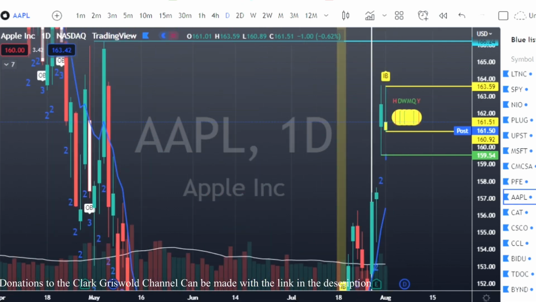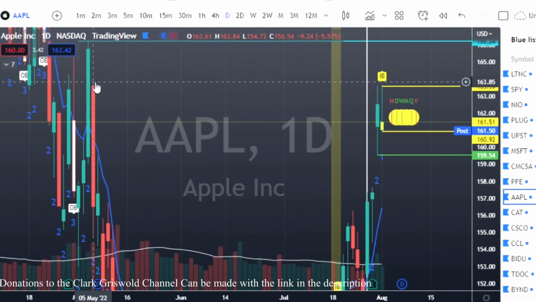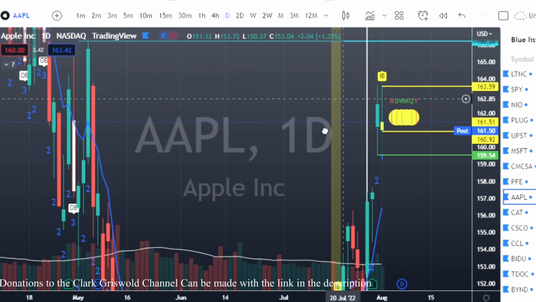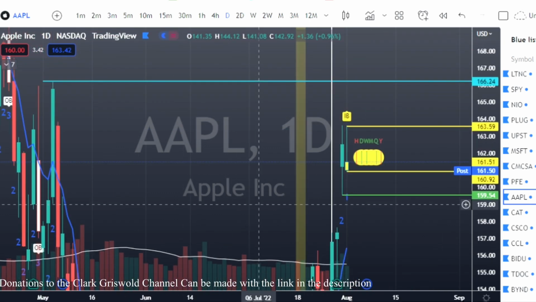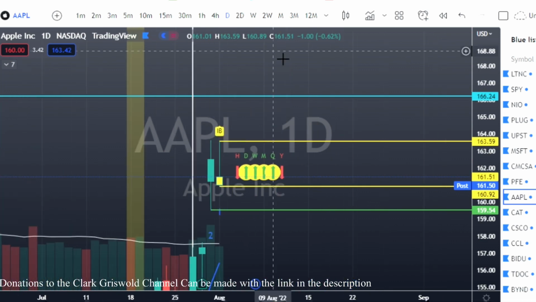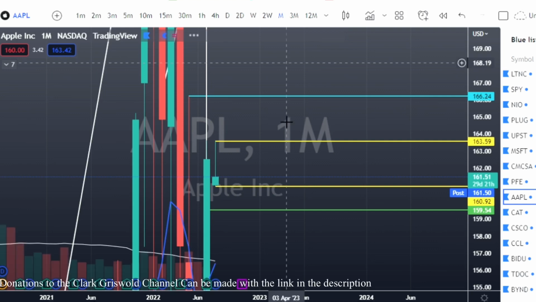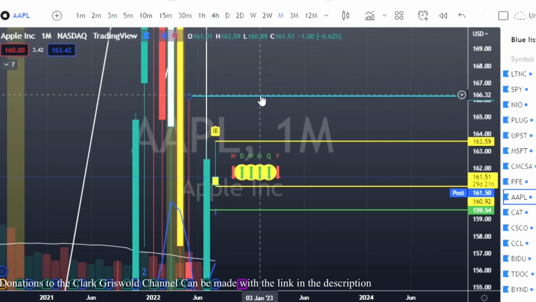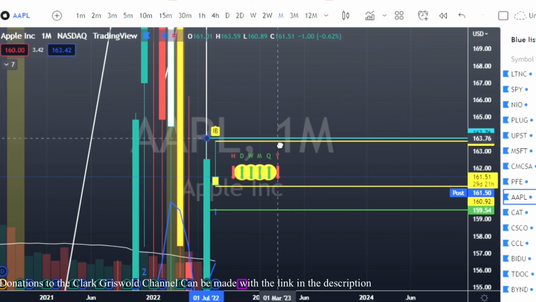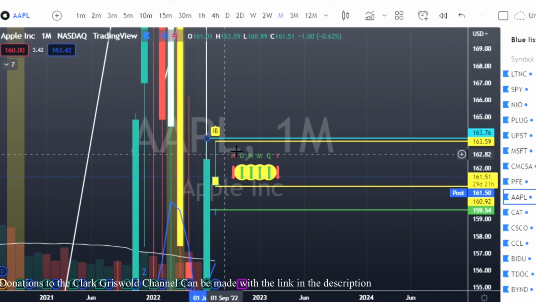And you can mark your targets out. You just have to go back a little bit. So target 1 and then target 2 is all the way up at that blue line. That's your monthly. So we go to the monthly. And that's actually outdated. So we can move that down to there. Look at that. What's the high? 163.63, little bit lower.